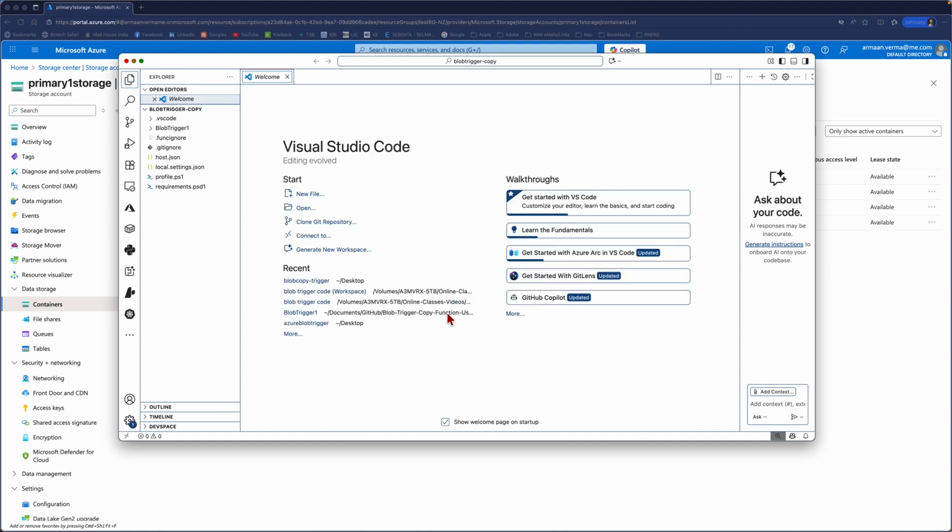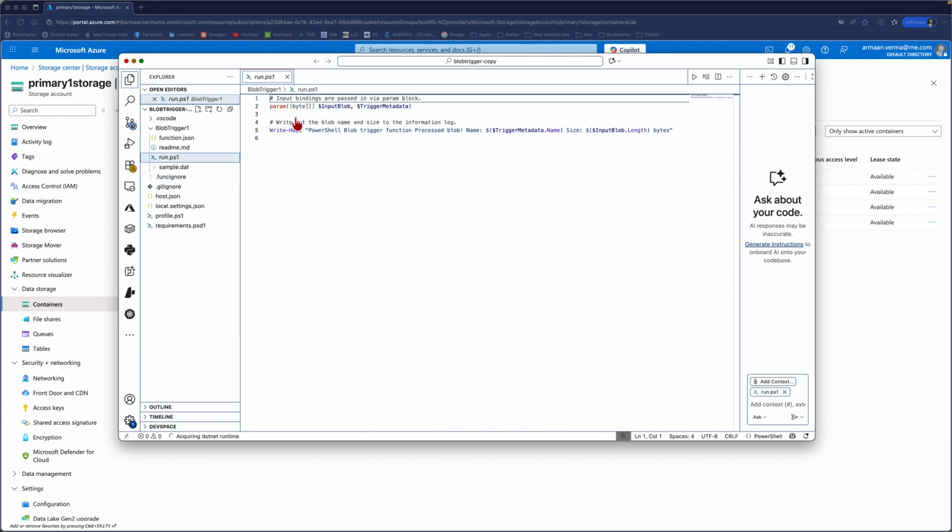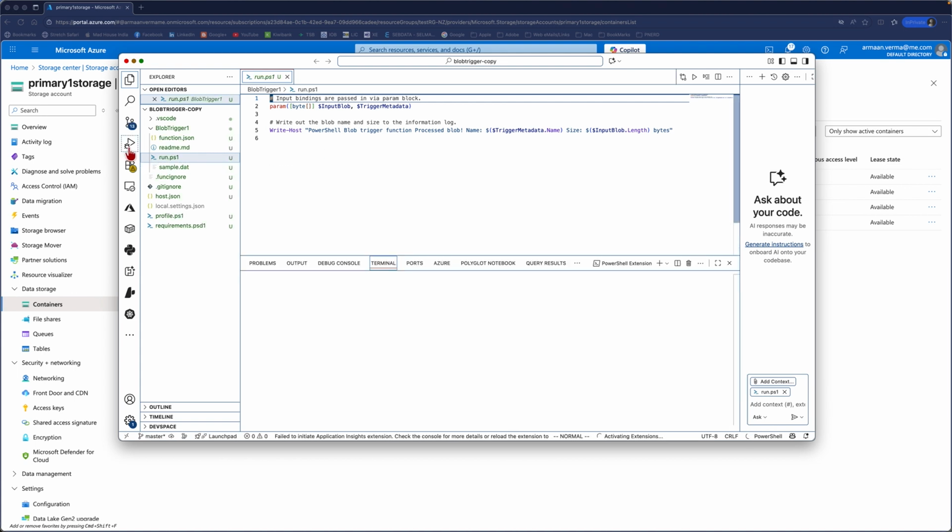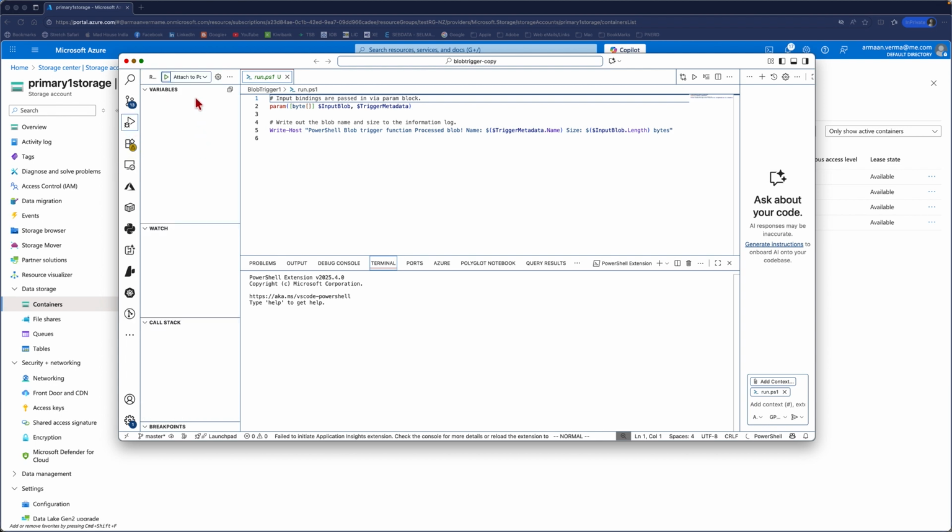Now you can see we have the Visual Studio Code, the Blob Trigger, and the Blob Trigger has got the PowerShell file in it, and if we click onto this, we have got some activity. Now let's try to execute it. Let's try to run the trigger. So click on run and debug on the left, click here and select attach to PowerShell over here,